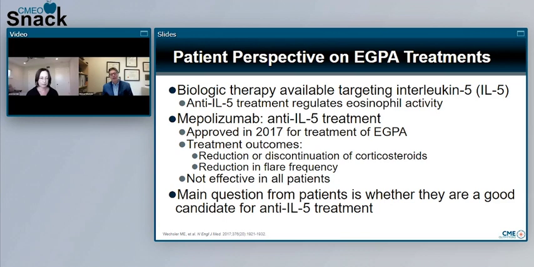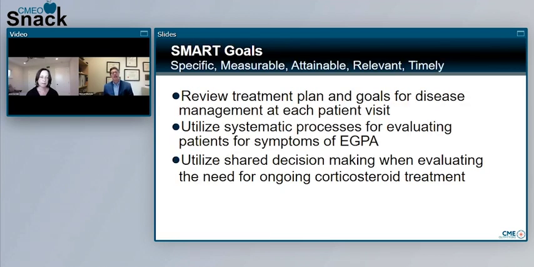Well, I'm thrilled to hear that, and it sounds like you're doing great, and I'm delighted that you're achieving some degree of success in managing your disease. So this has been a great discussion. I've been pleased to have Dr. Jennifer Gordon, who's a patient with EGPA. I think we've learned so much today.